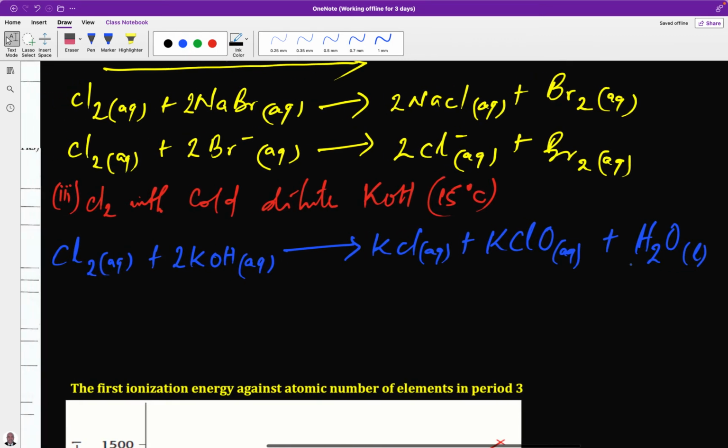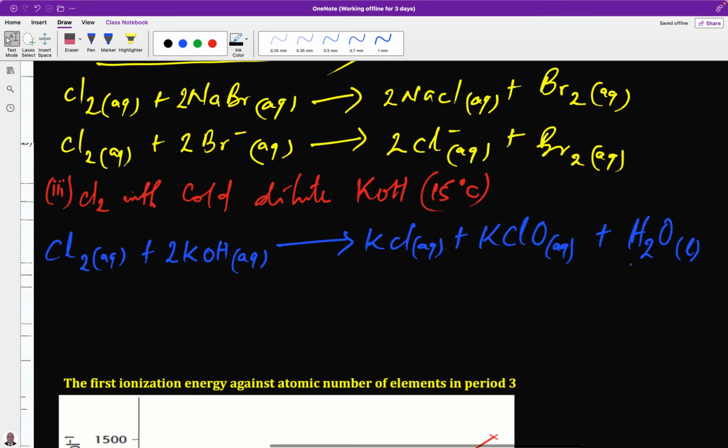So this is what is being produced with cold dilute potassium hydroxide at 15 degrees Celsius. Chlorine will react with 2 moles of potassium hydroxide to produce salt, and hypochlorite, that is KClO aqueous is formed, and a molecule of water. But with